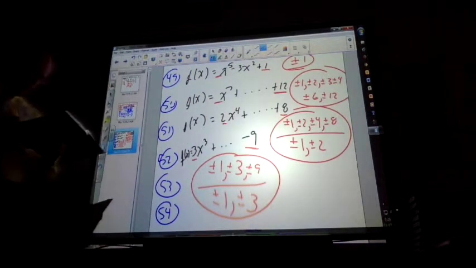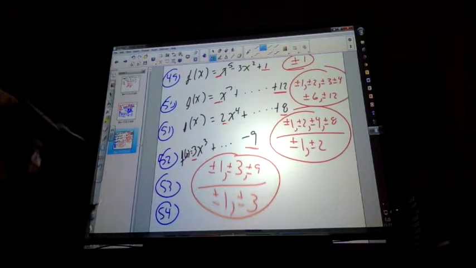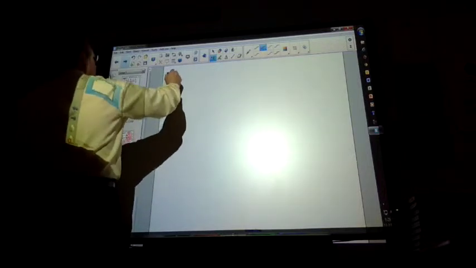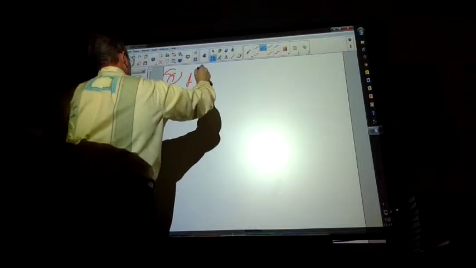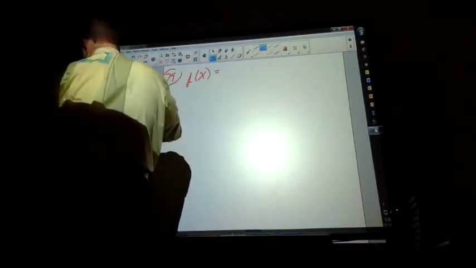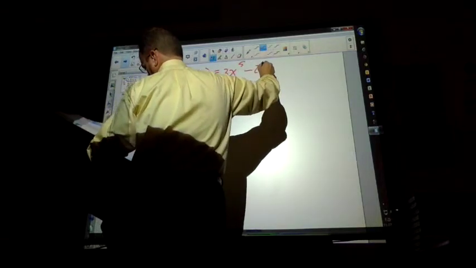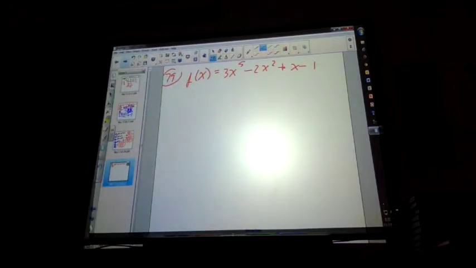And then, let's see. What does Descartes' rule of signs tell you about the number of positive real zeros and the number of negative real zeros of the function? So we're just going to go through and do this. So 79, we have f of x is equal to 3x to the 5th minus 2x squared plus x minus 1. Okay, so the first test for the Descartes' rule of signs, if you remember, is